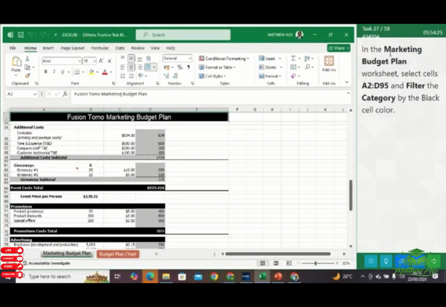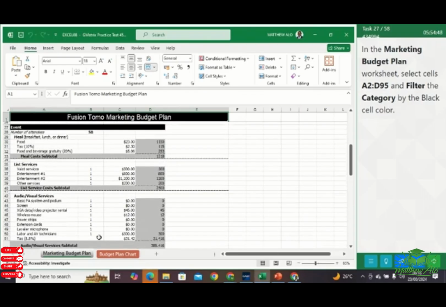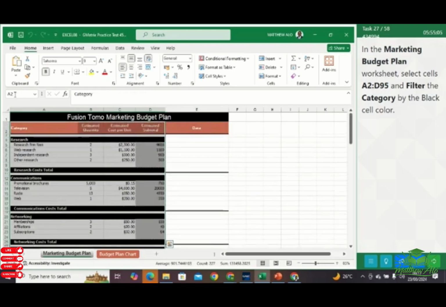Task 27. In the marketing budget plan worksheet, select cells A2 through D95 and filter the category by the black cell color. Okay, to do this, just go to the name box in the marketing budget plan worksheet, and in the name box type A2:D95 and press the enter key to select